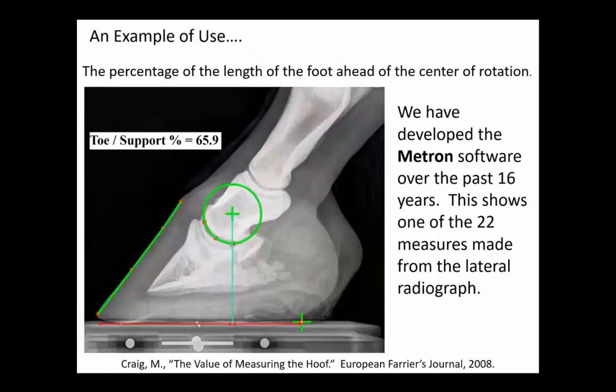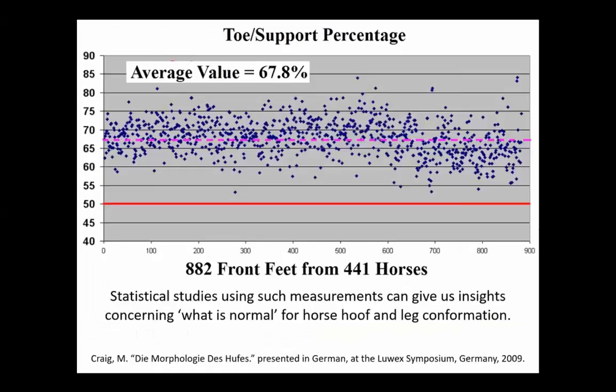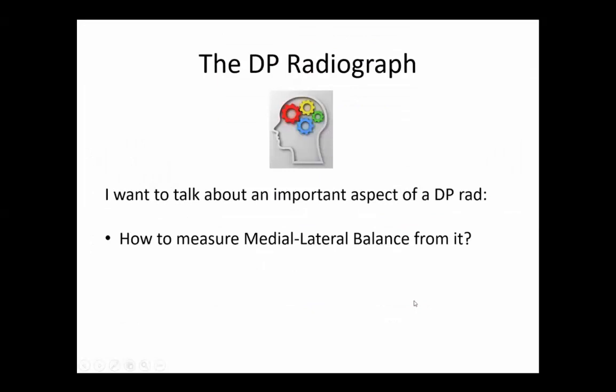And then that is used in the automatic measuring system for various things. This is one circuit measurement we make. We drop that center of articulation down and measure how much of the foot is ahead of that compared to how much is behind that. There are some details about how you measure at the tip of the toe, how you take breakover into account. But anyway, if you apply that to hundreds of feet, here's a study we did, 882 front feet from 441 horses. The average value we found is about 2/3 of the foot from the articulation center forward. So, just an example. And on the DP radiograph,